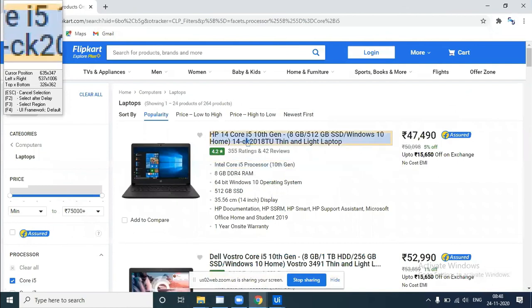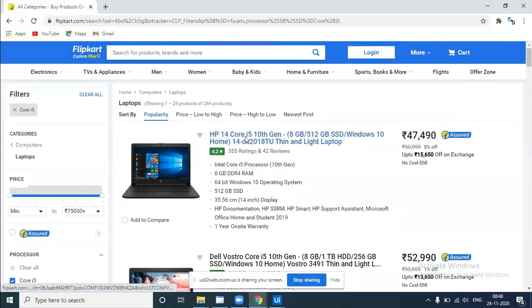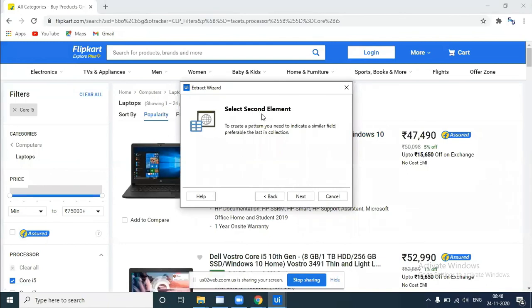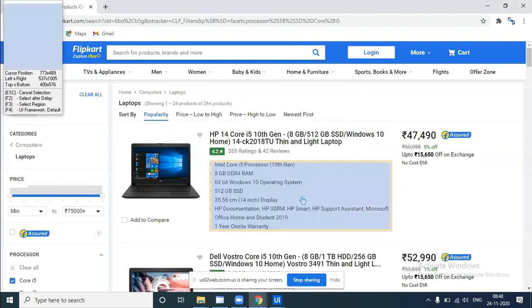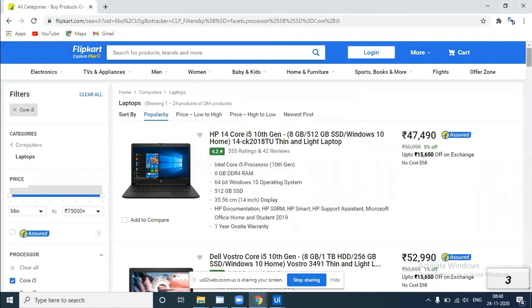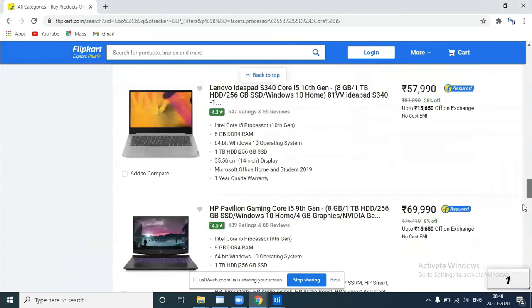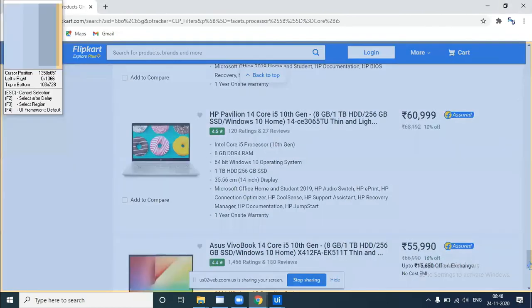So now see what I'm clicking, just observe. This is the whole information of the laptop. I have clicked that. Now it is asking me to select the second element, which is supposed to be a similar field. So now I'll try to click the last element.